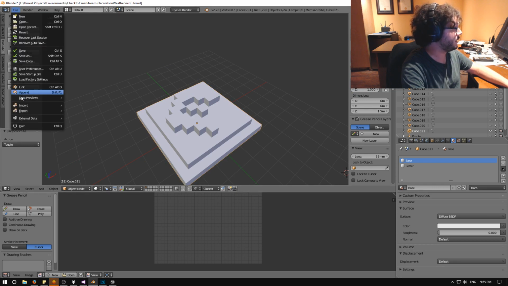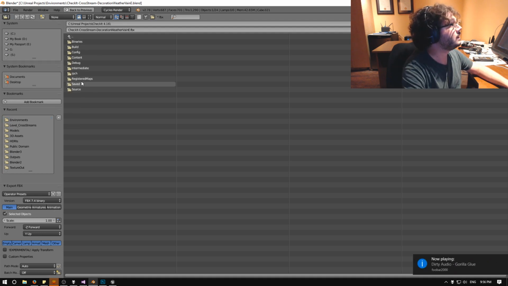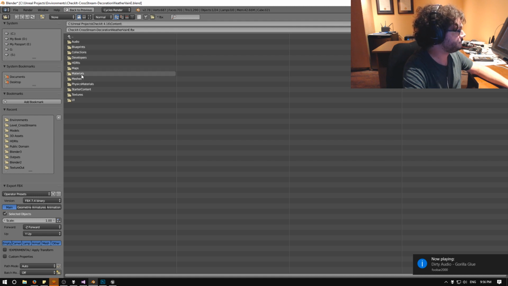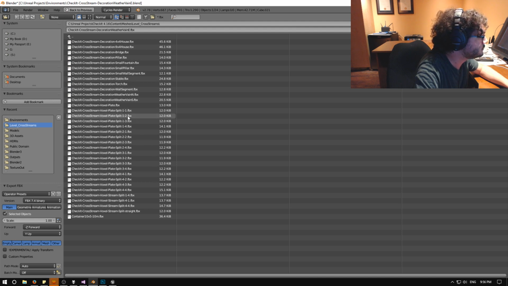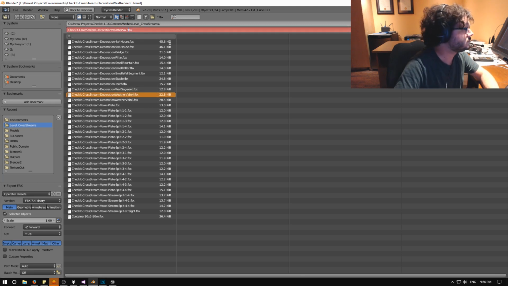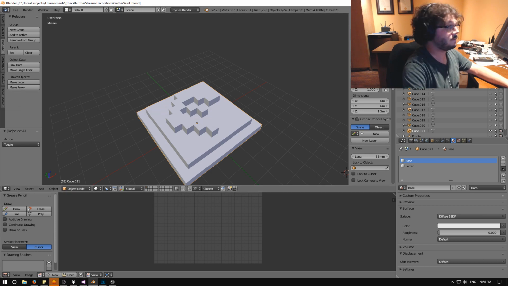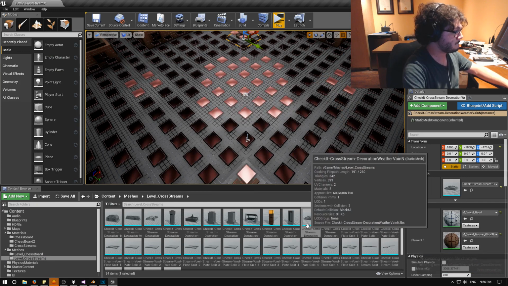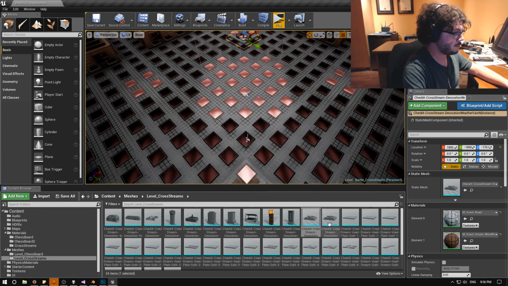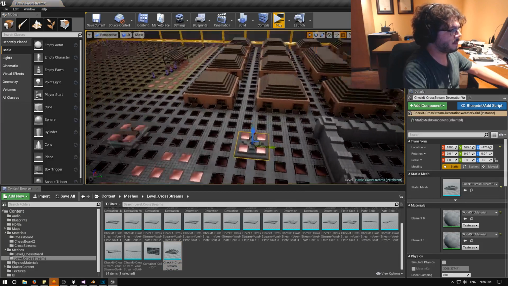Object mode, deselect, select, FBX, make sure selected objects is selected. Light map. Okay, I'll show you in a second. Okay. Where do you go? Out there. So easy to be over here. Okay, so light map